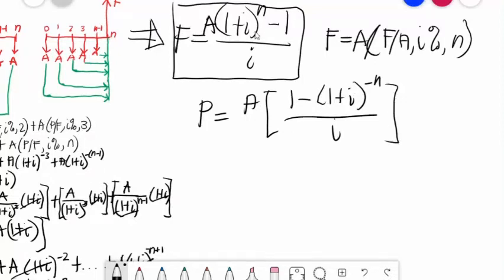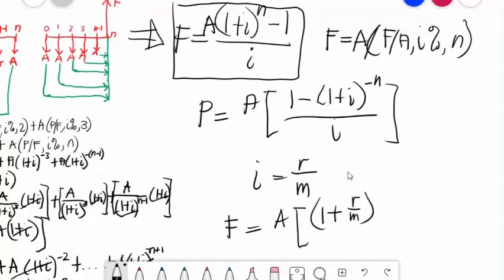So, this i here is annual. But if the problem is semi-annually, quarterly, bi-monthly, and so on, that will be your nominal interest. So, our interest is equal to r all over m, same as in compounding interest. So, if semi-annually, divided by 2. We can express this P in terms of nominal interest and also F. So, F is equal to A times (1 plus i, where i is r over m,